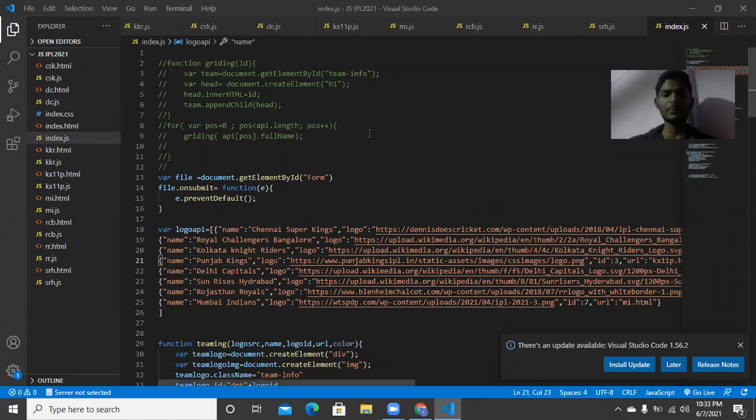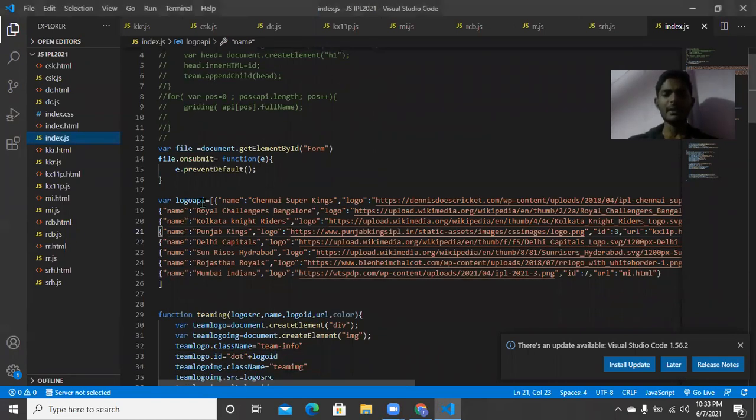This is the JavaScript page of the home page. I created this API. This API contains all the teams' names, all the teams' logo links, all the teams' IDs, and all the teams' redirect URLs. This API contains all the details about all the teams.